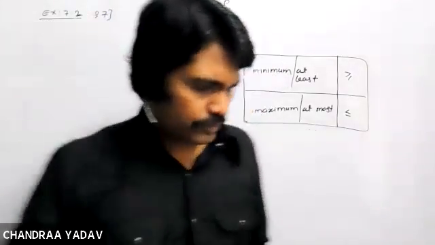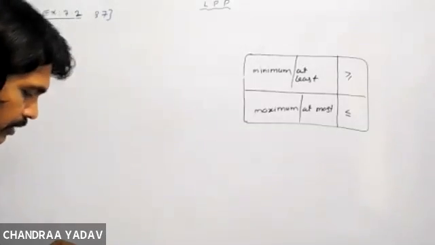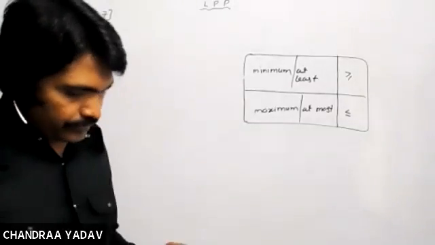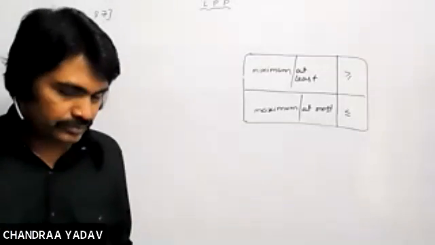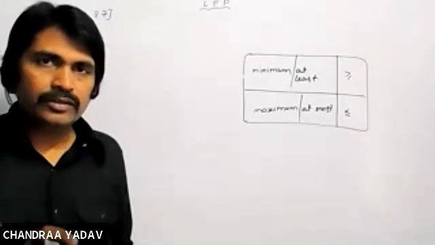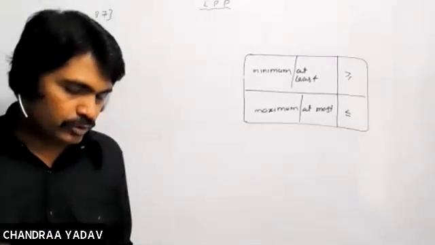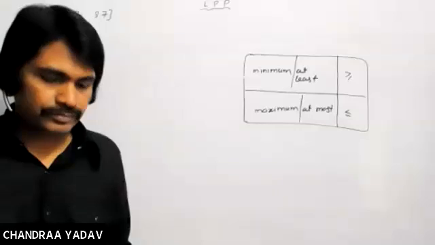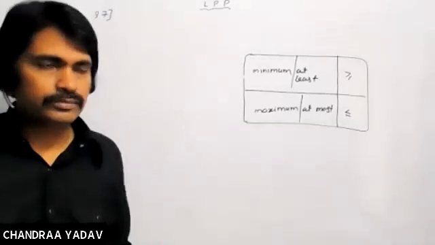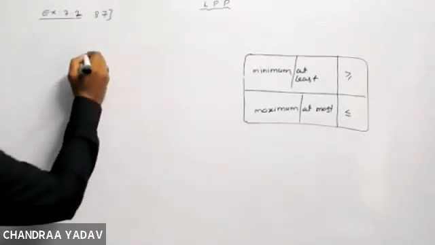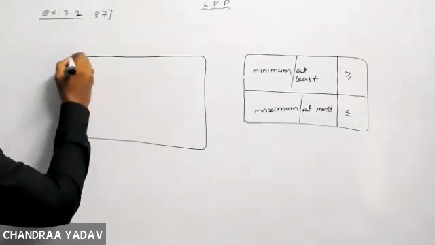Construct the inequation and find the feasible solution graphically. Okay, so first we understand, and then we'll write in a systematic way. Please go through the question once or twice. Just read out the question, what kind of things are given. A company produces two types of article, A and B, and for that requires silver and gold. So see here how to make it so simple. Just draw a table.